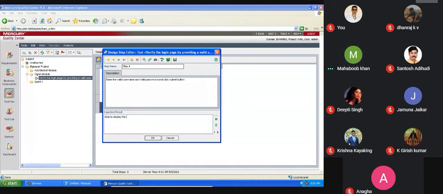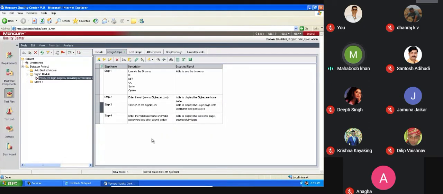Anyone? Welcome page. Able to display the welcome or thank you page. That is successful login. So this is where you need to write down the test cases.